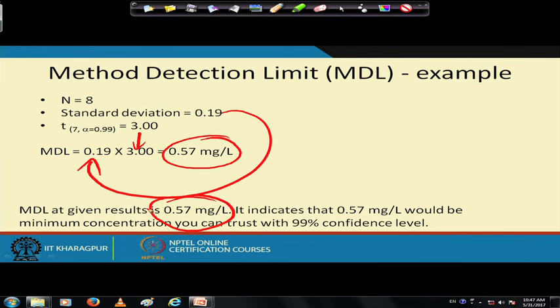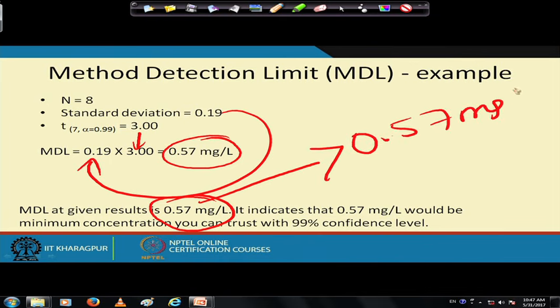If you do this analysis for an unknown sample, say for our discussion's sake, for lead. We are analyzing for lead from some water sample or soil sample, and it could be e-waste leachate, whatever. When we analyze an unknown sample, if the number is above 0.57, so if it's greater than 0.57,